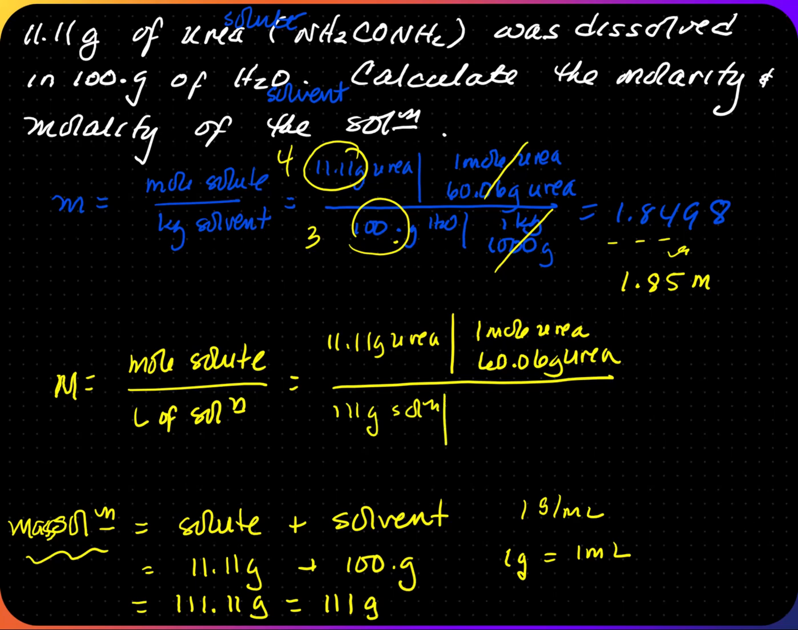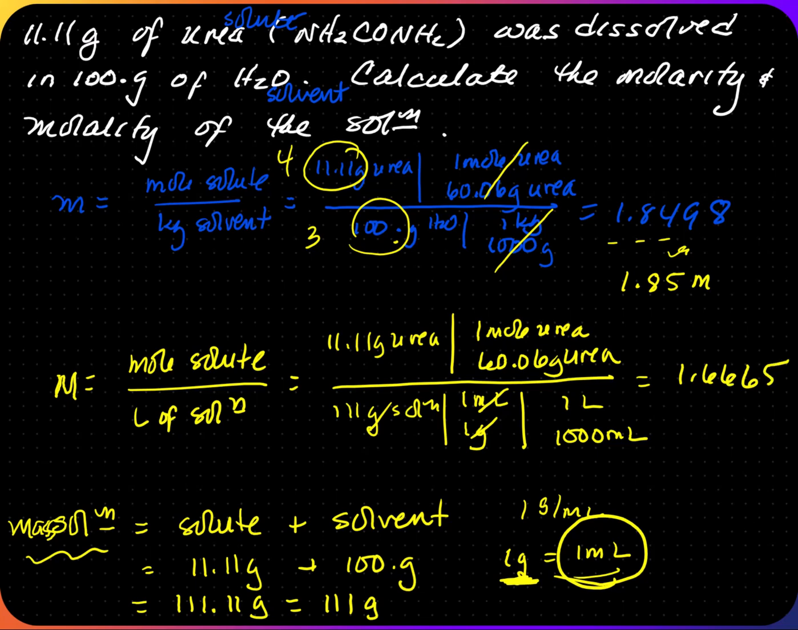I need to convert this into milliliters because we want liters, or volume of solution. So that's going to be 1 gram because this is 1 gram right here. This is equivalent to 1 mL. The grams cancel out, but we need the milliliters to be converted into liters. That's 1,000 milliliters to 1 liter. This equals